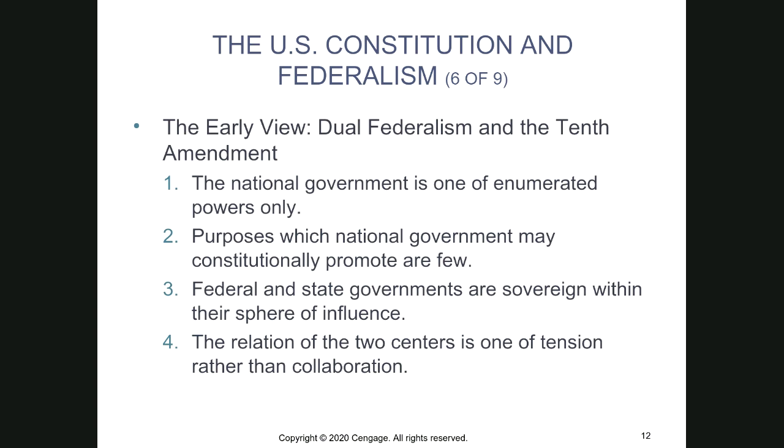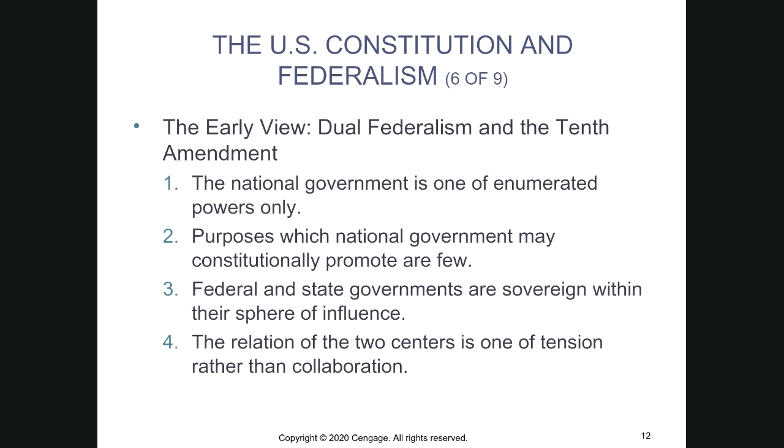Okay, so what did we think about the state's role versus the federal government's role early on in our history? Well, early on in our history, we had this concept of dual federalism, which I usually tell my class to think of as the federal government and the state dueling. Spelled differently, different word, but it helps to paint that mental image for you. So early on, we thought the national government was limited to the enumerated powers only. So we were only looking at that list, Article 1, Section 8, to figure out whether or not the federal government got to do this thing it wanted to do.